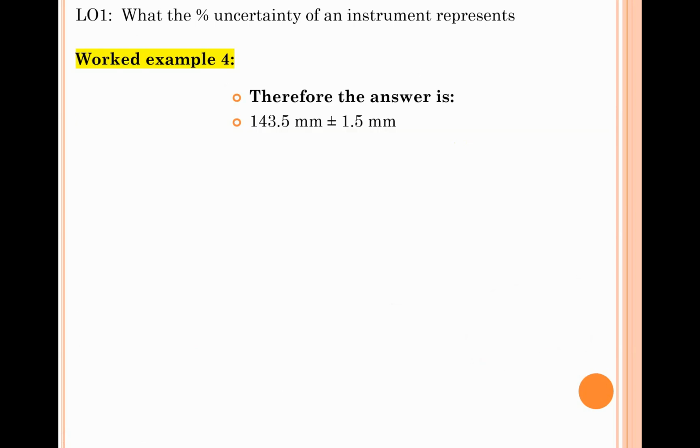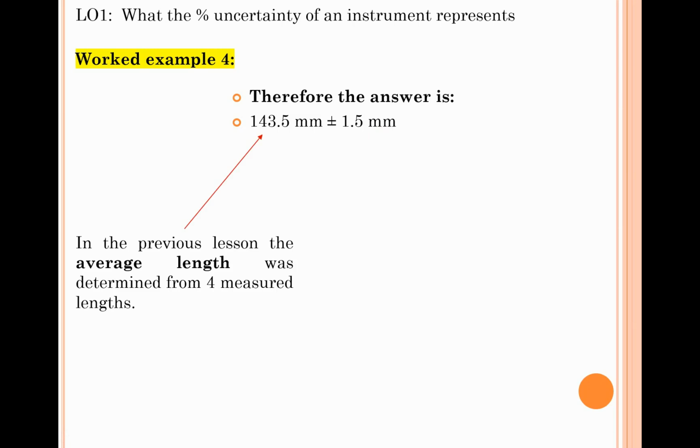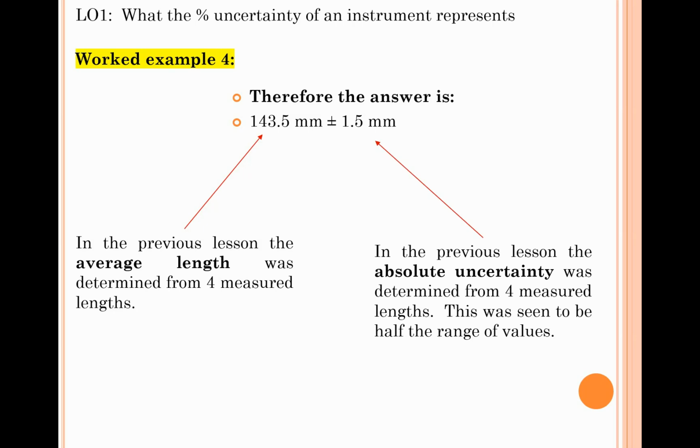Right, so going back into the second lesson, we came across an example where 4 measurements of length were taken, and we've seen the average length was worked out to be 143.5 millimeters, and the absolute uncertainty was plus or minus 1.5 millimeters. We've seen the total range from top to bottom was 3, and of course we divided that in half and said, look, you can be half up or half down. So again, this 143.5 millimeters represented the average length from those 4 measurements, and the 1.5 millimeters represented the absolute